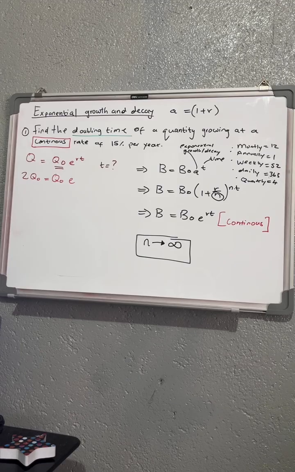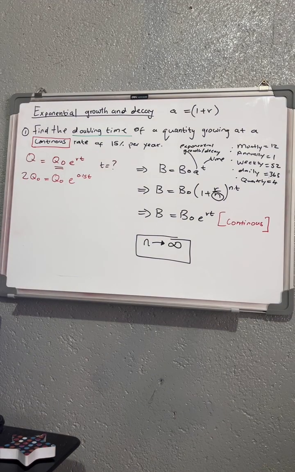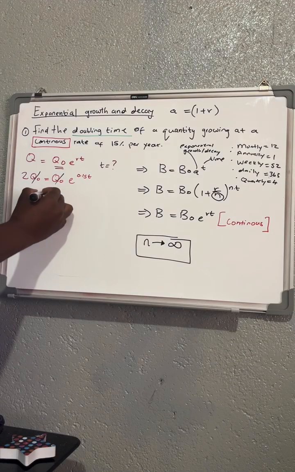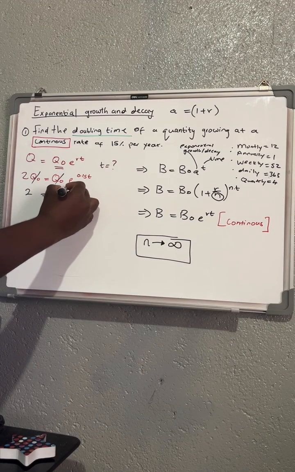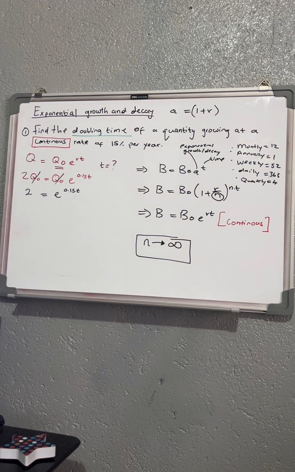Oh, 0.15. So you get your 0.15 T. You see? So these ones, what happens? Your Q0 are going to cancel. You're going to have 2 equals E to the exponent 0.15 multiplied by that T. Then now we know if we want to bring this one down, your 0.15 T, we're